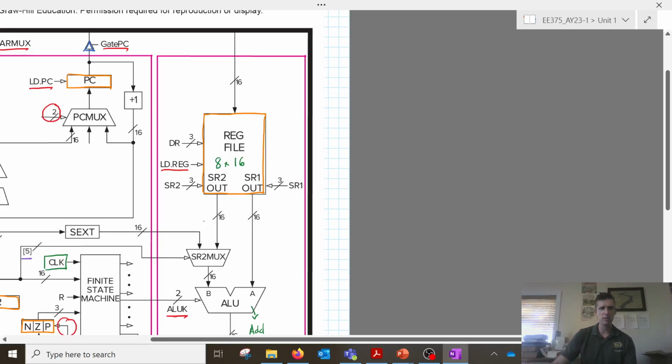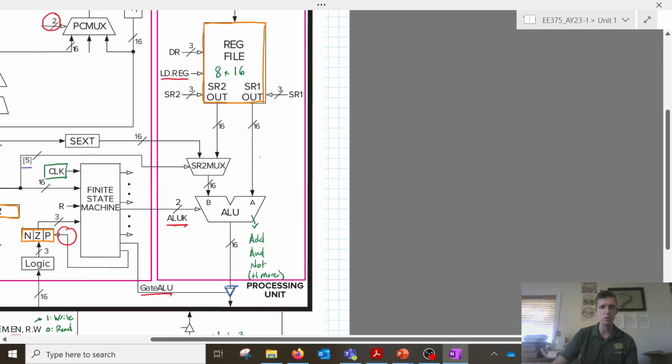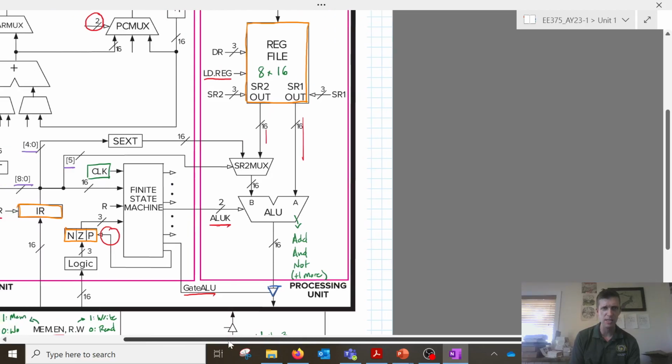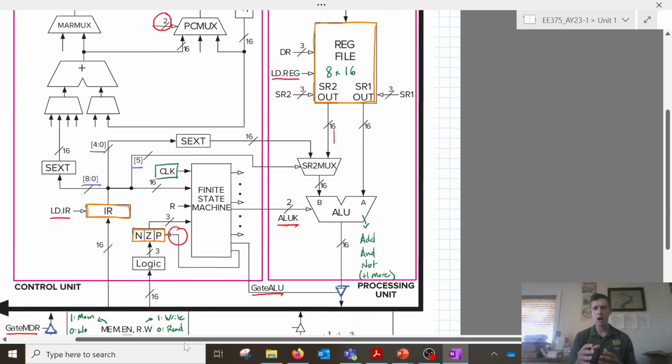Let's see, I'll point something out in a sec. Okay, so if we scroll down here to my processing unit, my values are coming down here to my ALU, my arithmetic logic unit. SR1 comes straight in. SR2 goes through a little multiplexer. So it looks like I've got the option in this computer to select what my second operand is that goes to my ALU. It could come directly from my register,